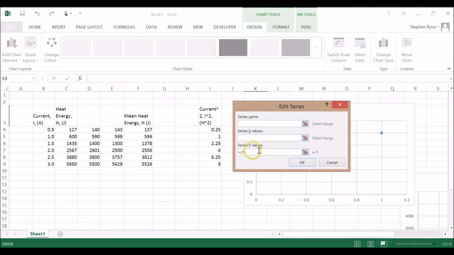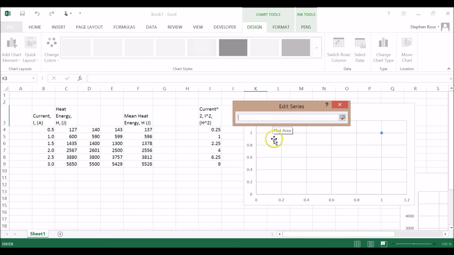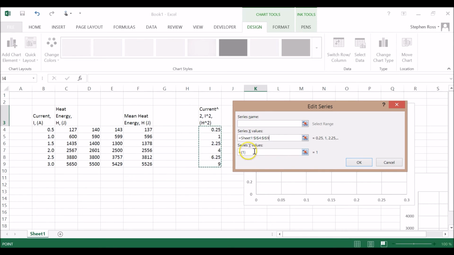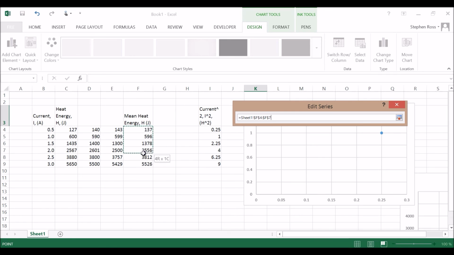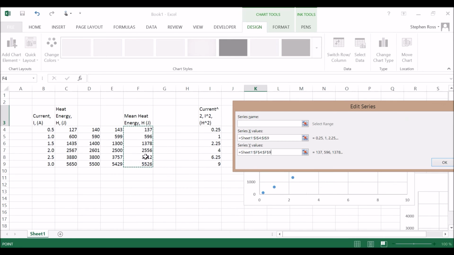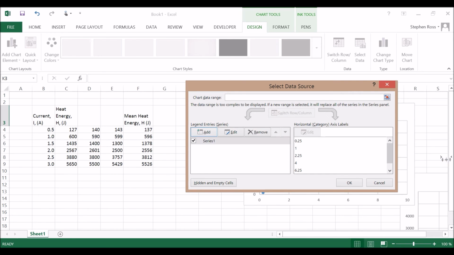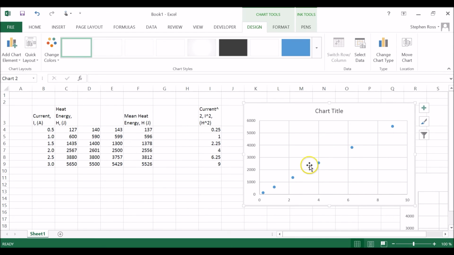Now you can see I've got my X and Y axes again. On the X axis, I still want current, but now it's going to be the new values for current squared. Highlight them all, press enter. My Y axis, remember I delete this so it's empty. I'm going to click on this box, highlight the original mean heat values and press enter. OK. OK, and you can see my graph is beginning to form here,